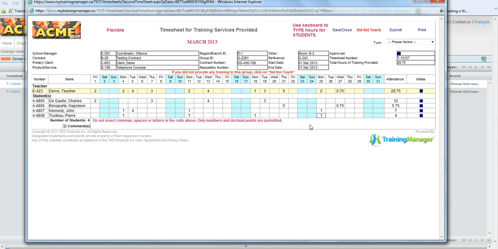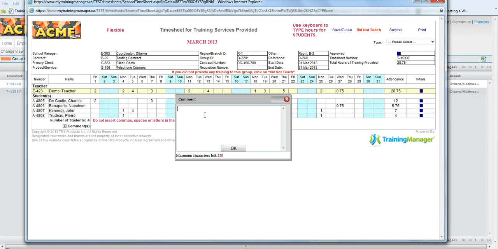If ever a situation like that occurs, you should explain it by adding a comment on your timesheet. Essentially, you should add comments to your timesheets to explain all situations which are not obvious by reading the data on the timesheet. If you do so, we recommend keeping them as short as possible. So to add a comment to the timesheet, I click on the little plus symbol at the bottom left here. Type my comment,